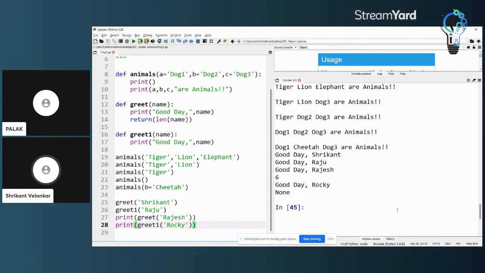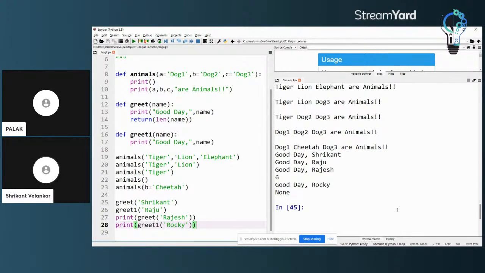So here is the main takeaway: functions that return values, those values can be received, stored in a variable, or printed. Here I have printed, I could have stored it in a variable also. And functions which are void, which return nothing, can still be executed.